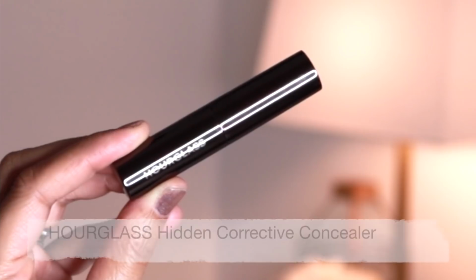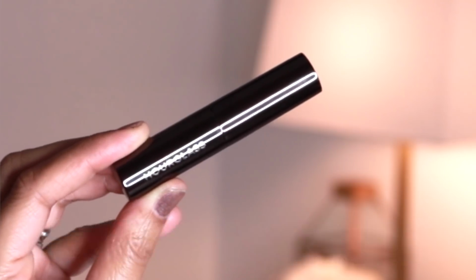Another concealer. I purchased an Hourglass concealer. I was so impressed with the skin tint that I purchased that I thought, well, let me try some other things that aren't new to Hourglass, but things I've never tried. So I thought I'd pick up the concealer. I was convinced by Heidi. I think she works for Hourglass. I follow her on Instagram, so I asked her how it's performed, and she said it was really great,